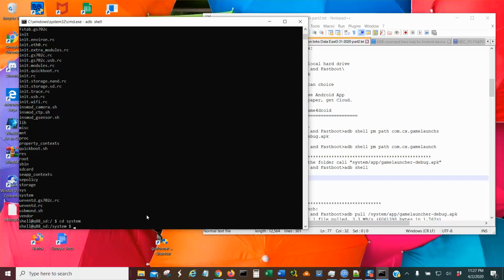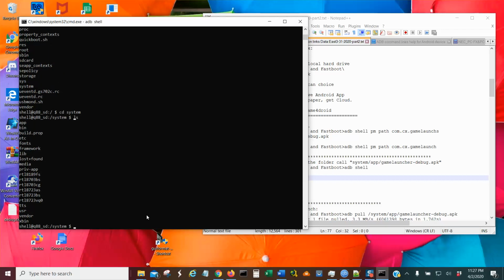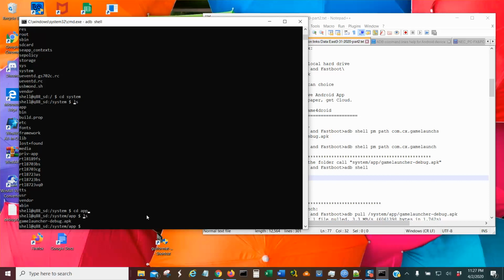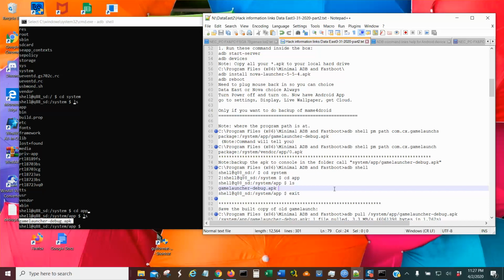Then we're going to do ls. We still have a whole bunch of stuff. We're going to go into app, do ls again, and there's that file right there. This is the physical file. When I first did the backup, I told it to back it up, but it backed it up into this directory. And the way you back it up is you type in